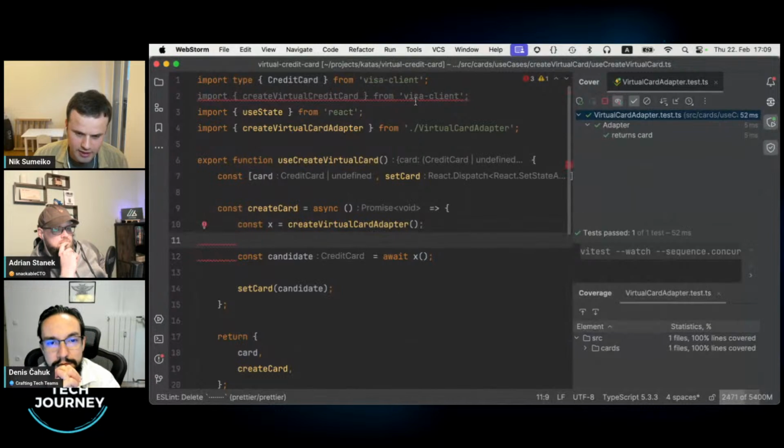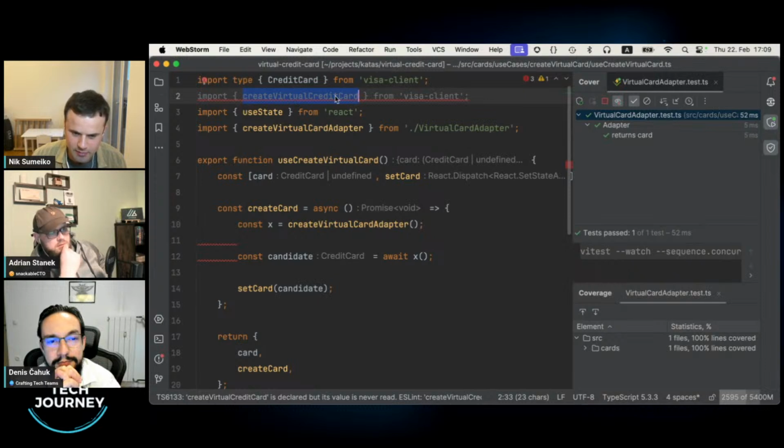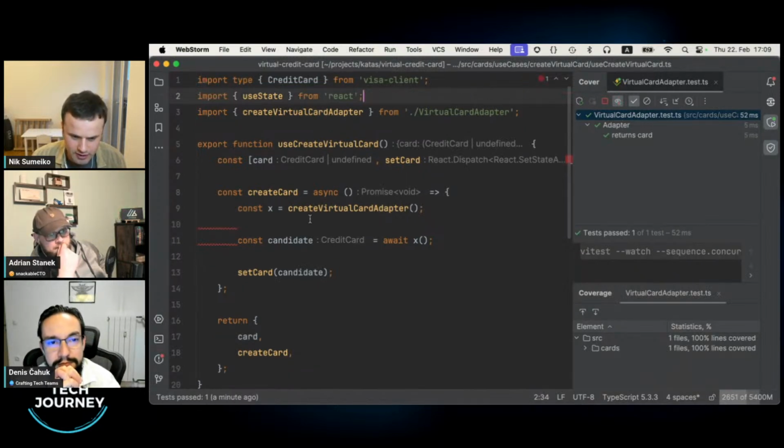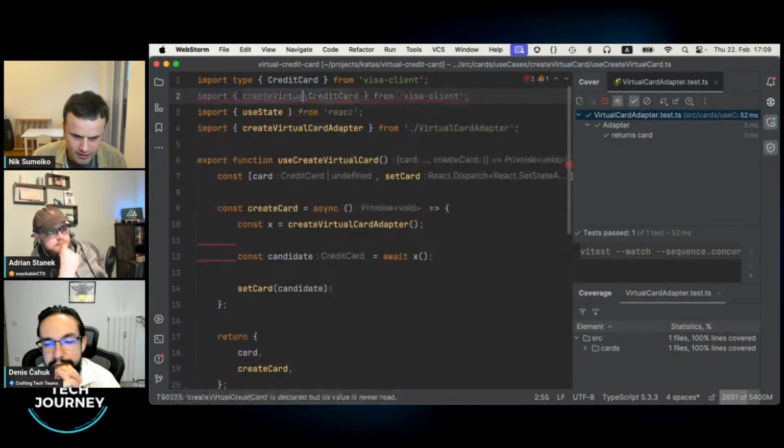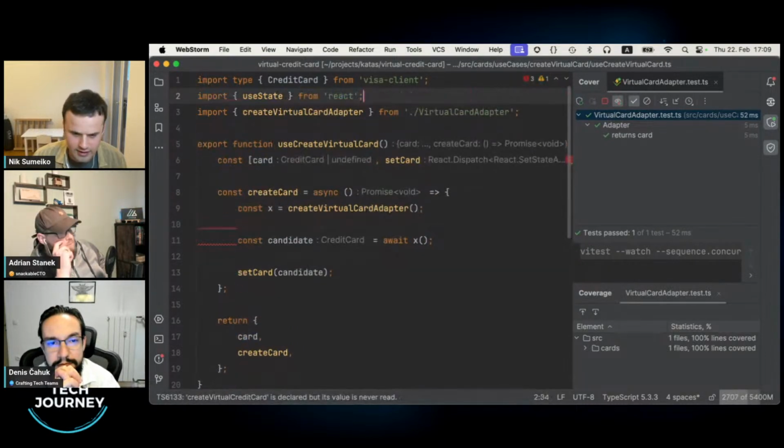And we see that we are gone from one dependency. So this functional layer is no longer connected to the Visa client, especially the method. Yes, it still takes the credit card here. That's fine, but only as a type. There is no dependency between cards. That's important. So we delete it, I will copy that name, I will delete the dependency, and I will rename this.